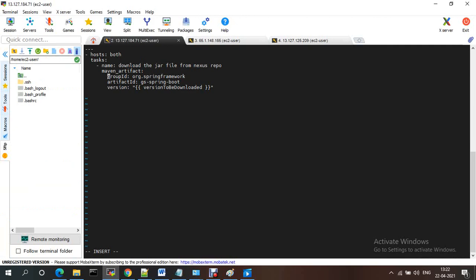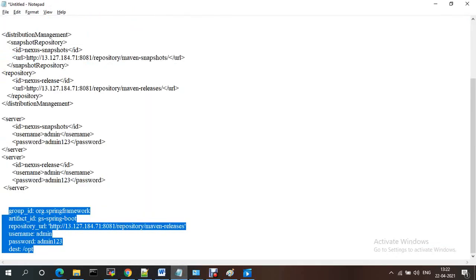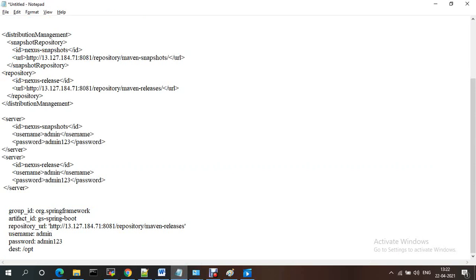And the version, I don't want it to be a hardcoded value, so I'm just picking the value from Jenkins: version to be downloaded.